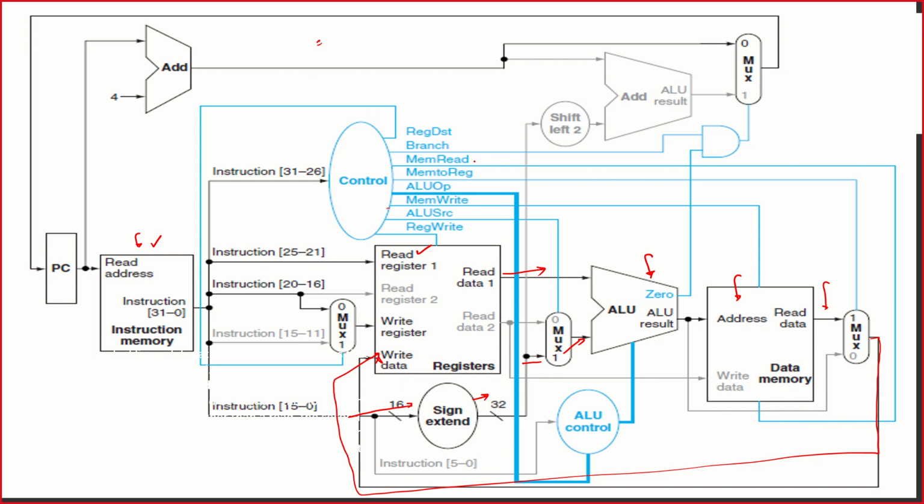Now what is the next thing that we need to do? They have not asked you to highlight the status of the control signals. If they ask for the status of the control signals, just draw a small table here, and in the table you have to highlight everything. Highlight the status of RegDst, Branch, MemRead, MemtoReg, ALUOp. ALUOp, forget it because you highlighted it, and I will give you the status table clearly. MemWrite, ALUSrc, and RegWrite. That's it. So while drawing it, this is the procedure that you need to follow.